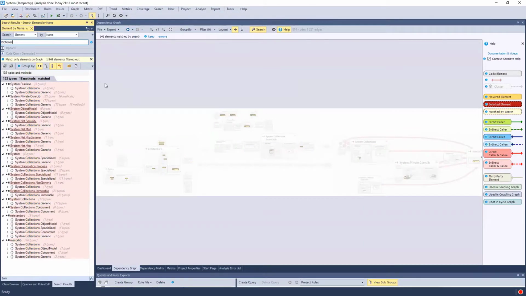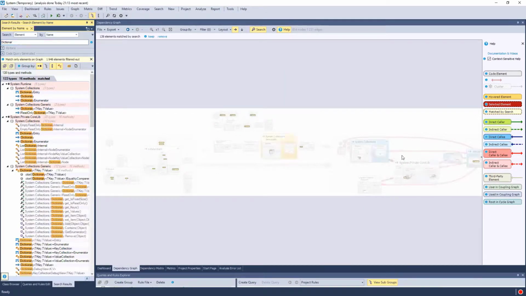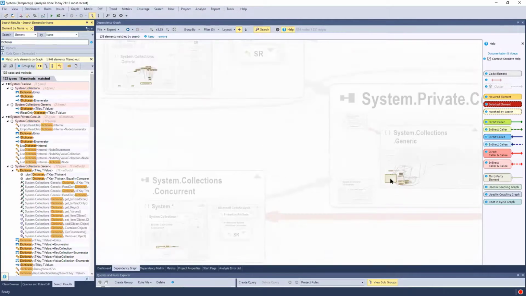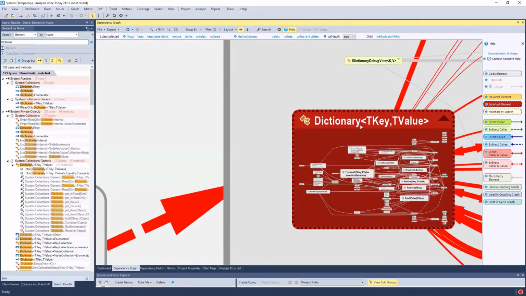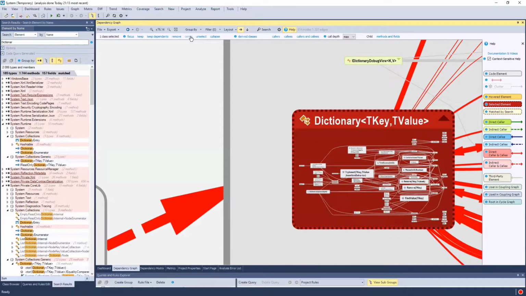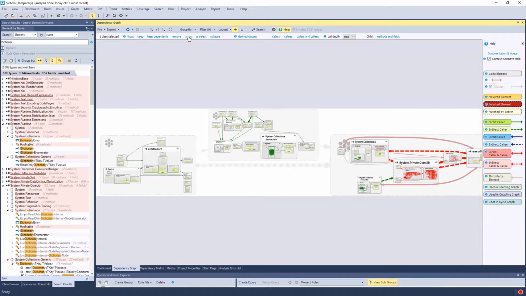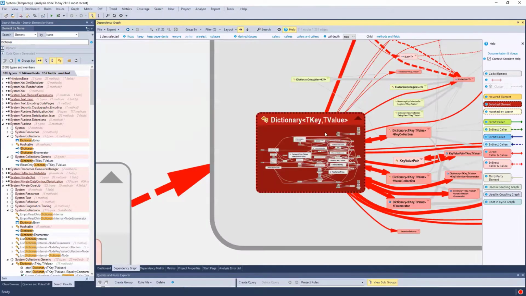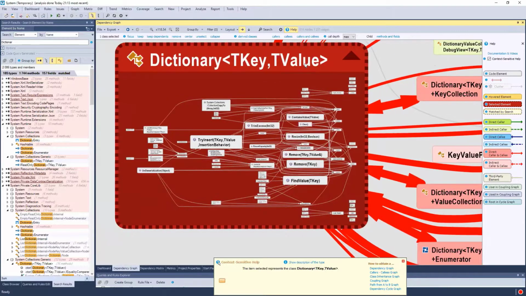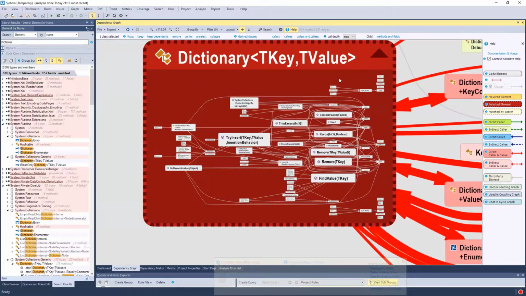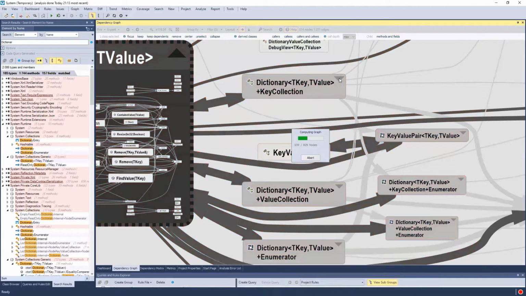I can find it back if I search for dictionary, but actually there are a lot of matches. Here I can zoom in on this one. Now I can select it and directly center it, which is better. I can uncenter, center. Now I have all the methods of the assemblies and I can expand and do a lot of stuff.